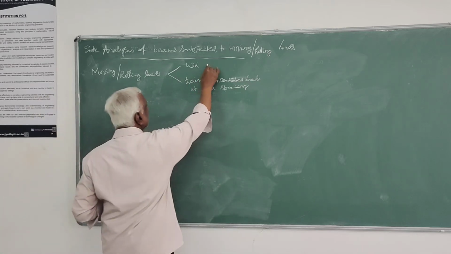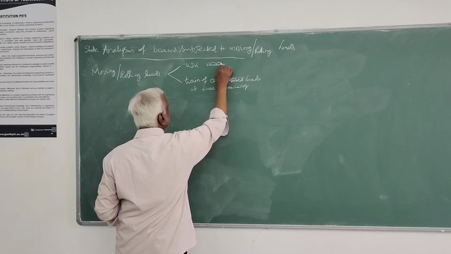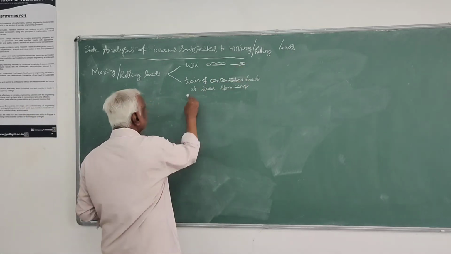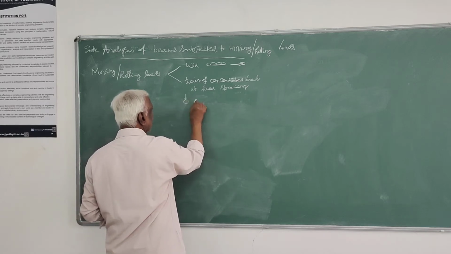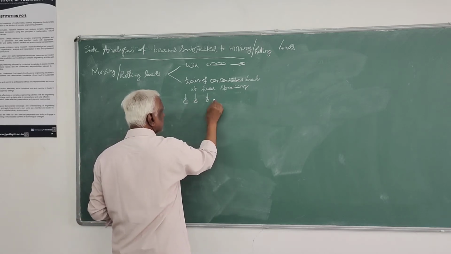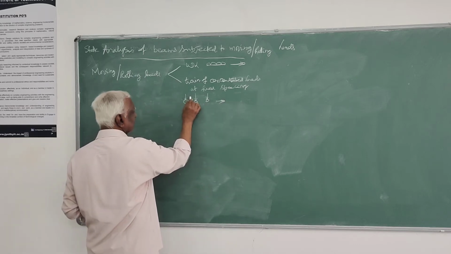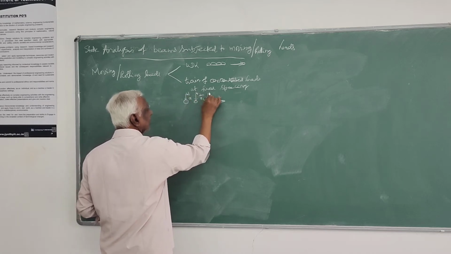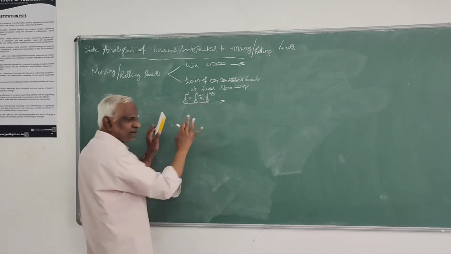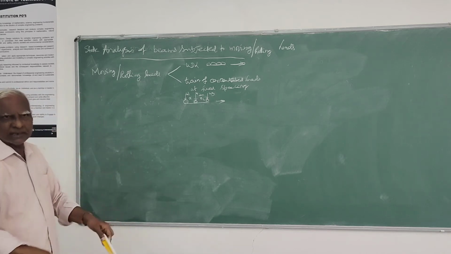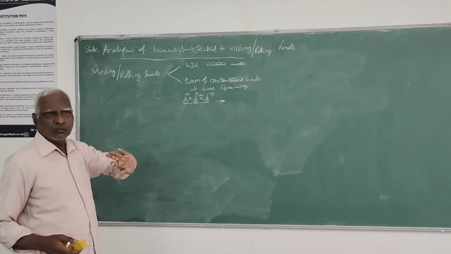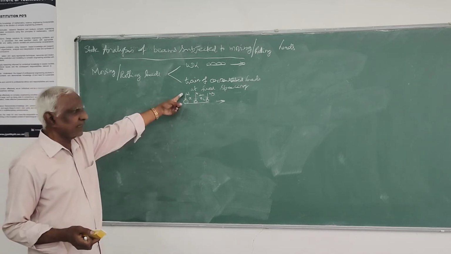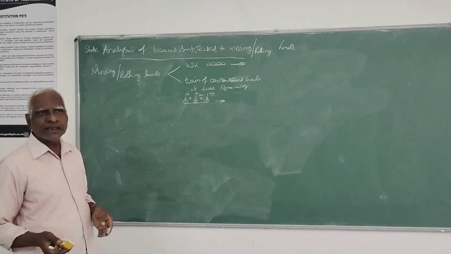So here the moving load, either it may be a uniformly distributed type and it can roll, or it may be a set of train of concentrated loads like this at fixed spacing, say x1, x2, and this load is also constant. So this is fixed spacing, fixed magnitude, so it can roll over the beam. So these are the two varieties of loads we get, either train of concentrated loads or a UDL.